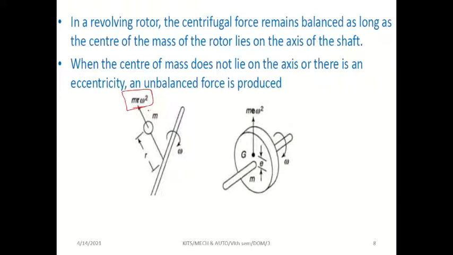In the second module we have seen this formula, F equal to mr omega square. That is, force F equal to mass into acceleration. So F equal to m into the acceleration value r omega square. So this is what they have mentioned here. F equal to mr omega square.